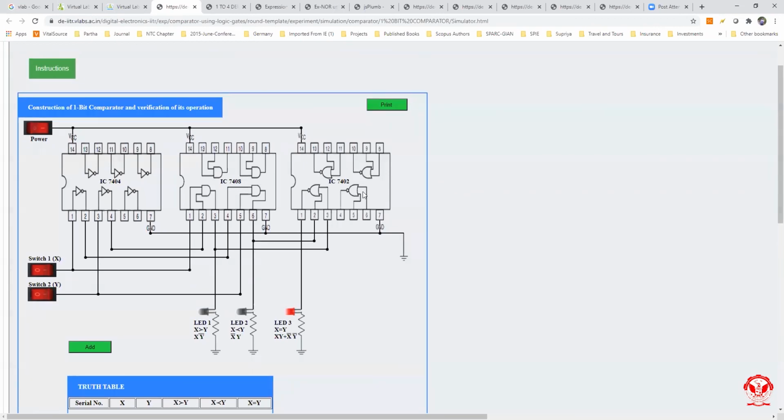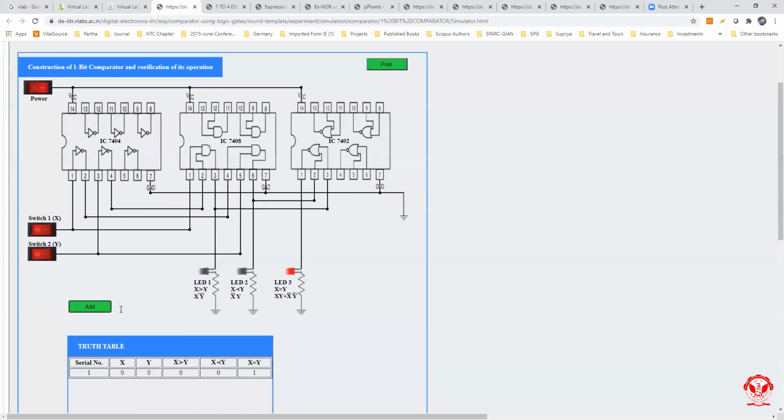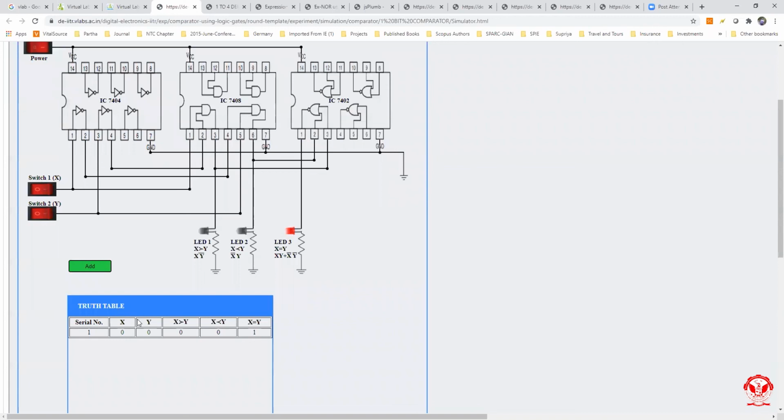From this circuit we can also find the expressions for X equal to Y, X greater than Y, and X less than Y. If our input is 0 and 0, since both inputs are equal, our output, that is LED 3, lights up, and it is X equal to Y. Just click on the add button, and from the truth table we can also see that if the input is 0 and 0, then our output will be X equal to Y.